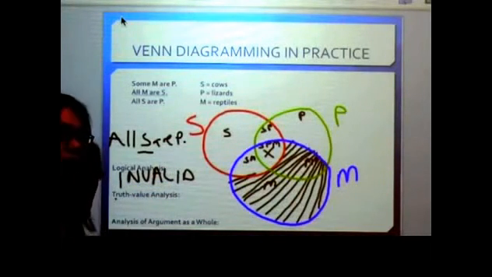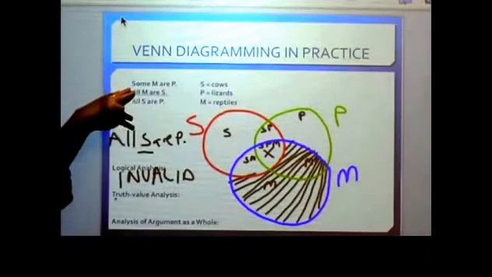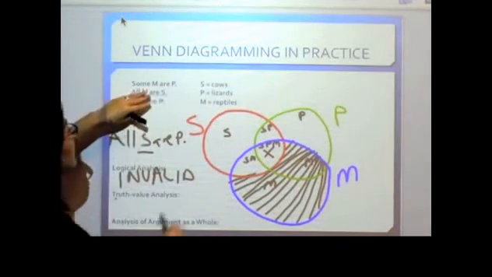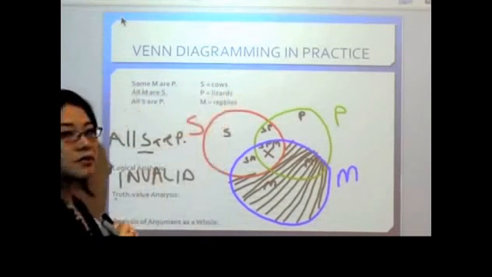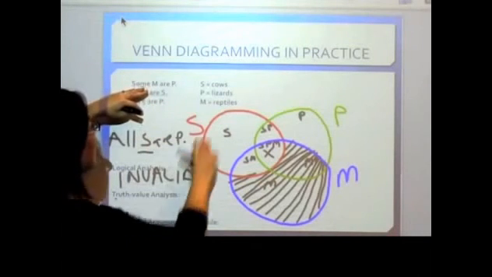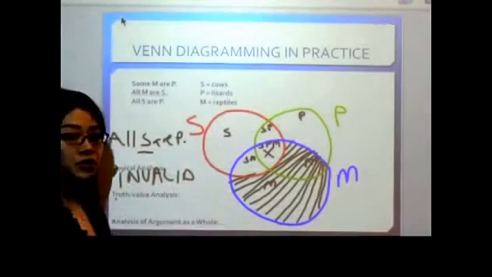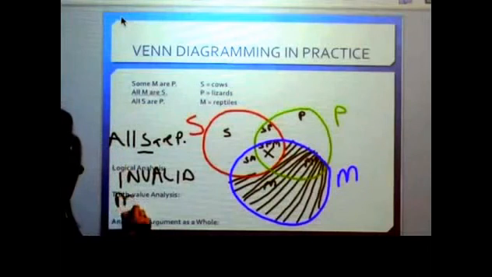However, we still want to know, well, are the premises true? So we want to do truth value analysis, okay? Now, the major premise reads some M are P, okay? And in this case, M stands for reptiles and P stands for lizards. So here, the major premise is stating that some reptiles are lizards, okay? And this is actually a true statement, okay? So lizards are types of reptiles. So our major premise